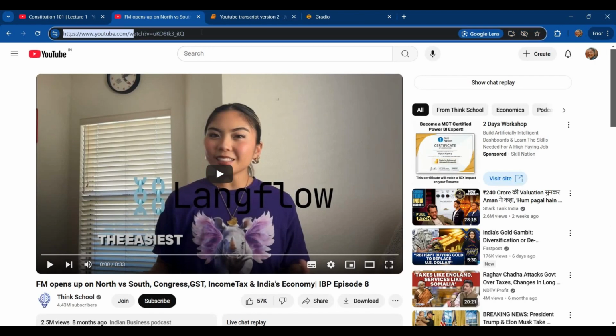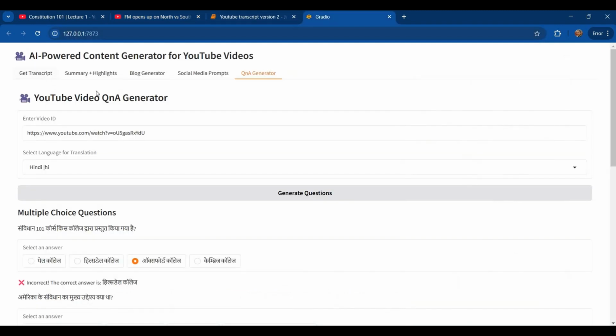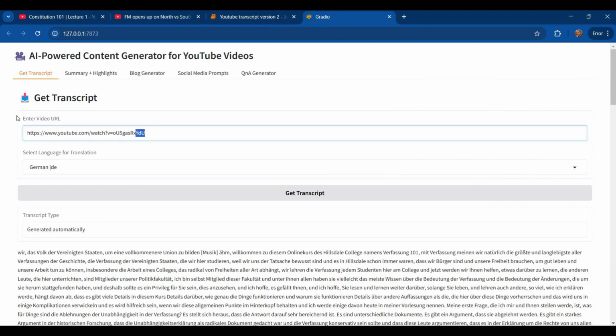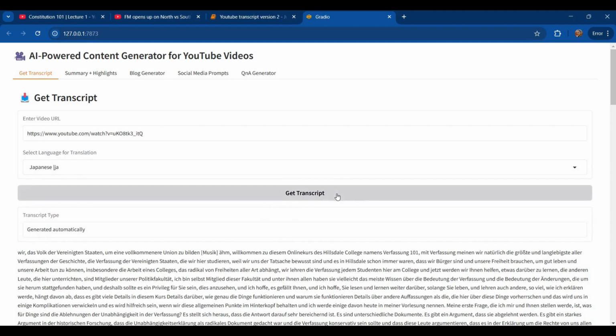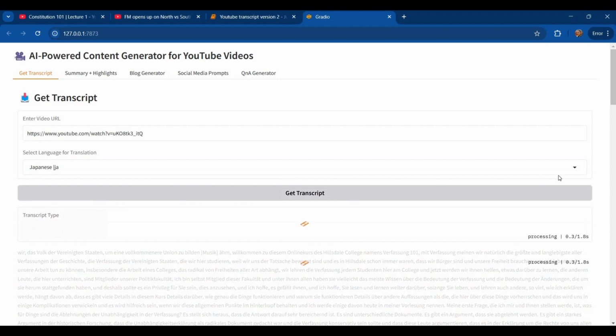So I'll just copy the link of the YouTube video and let's go to the first one. I'm gonna replace it and then I'm going to select a language, trying to find something that we have not used before. Let's go with Japanese. Okay,